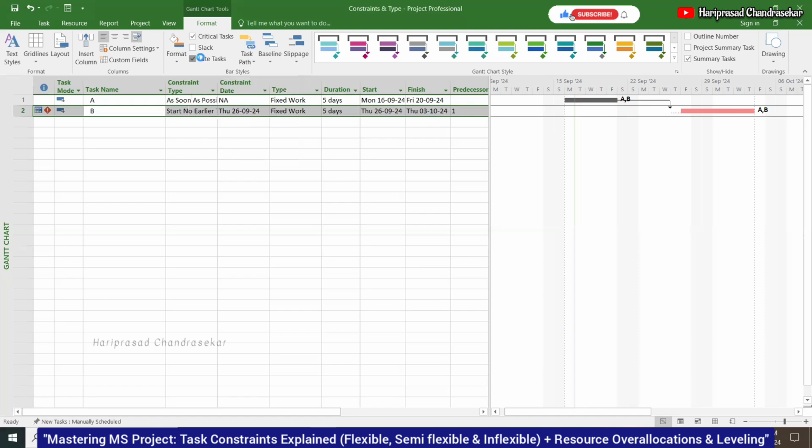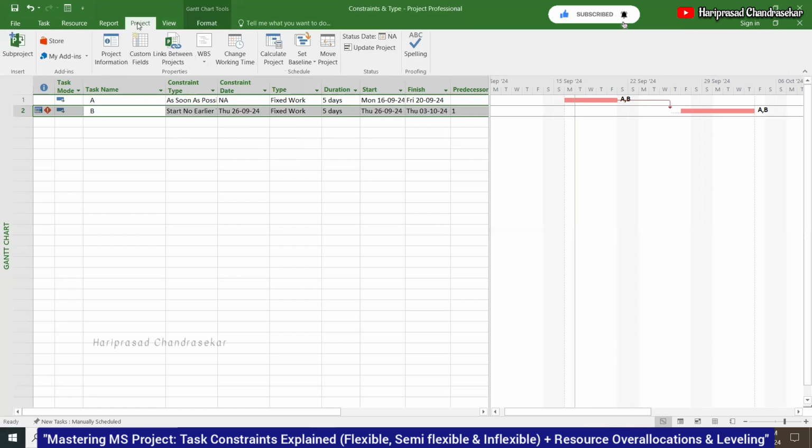I will tell you about the status date when you are updating the actual progress. But you can also go here, and the status date is not available. If I put the status date as 27,